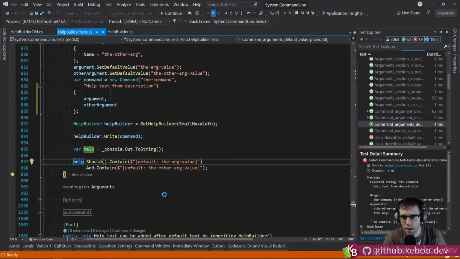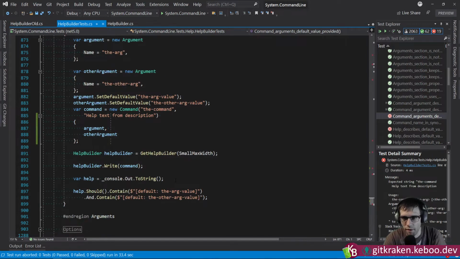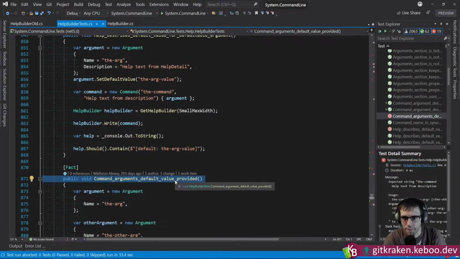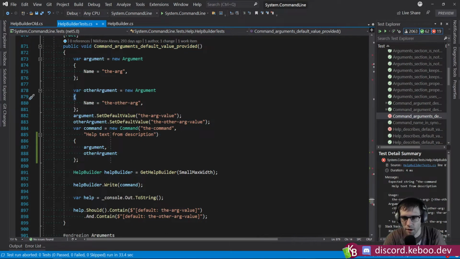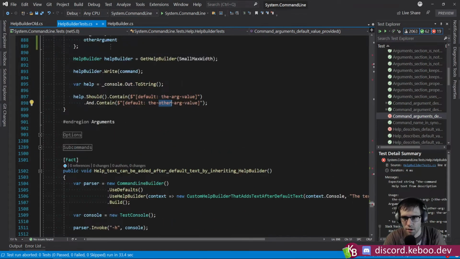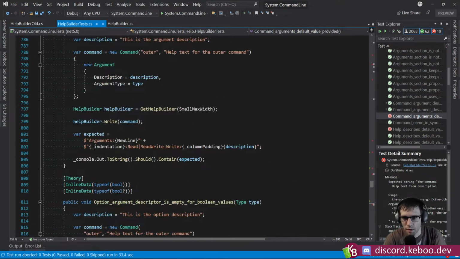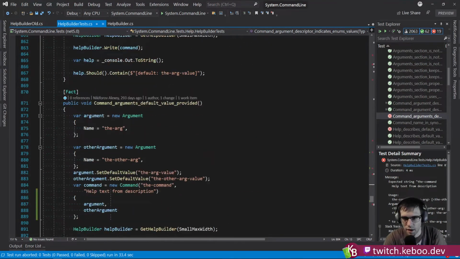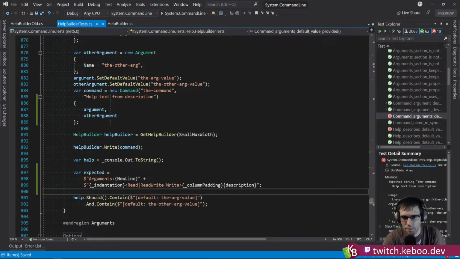But I think what I would like to do is, so what is this? Argument default value provided. Yeah, so I'd prefer if, where's a better one to do this from? I'm looking for, yeah, I want to do something more like this. Because I don't like this contains down here, where it's just looking for that. I'd much rather do something akin to this, where I'm being more explicit about what it is, in fact, that